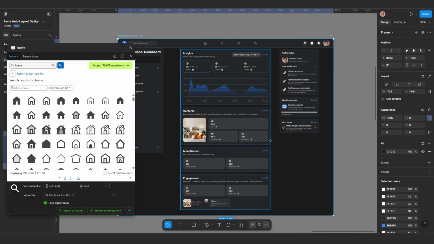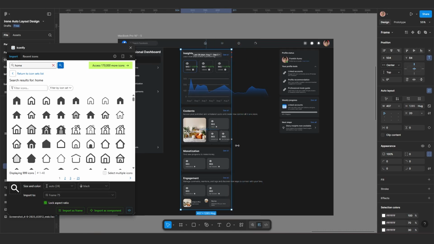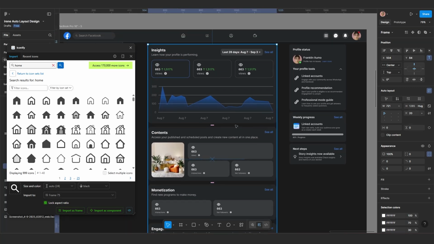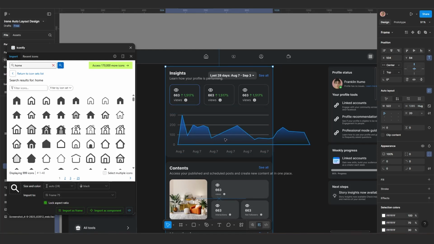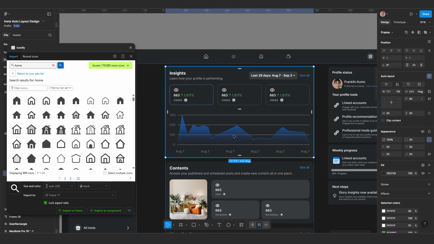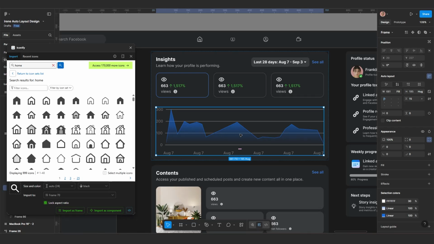The first thing we do is select this and make sure that these are responsive. Now you can see not everything is responding, so we have to fix that. The first thing is to begin from here. If you resize this one, you can see that this chart is not responding, and that's because when we were creating it, I made it